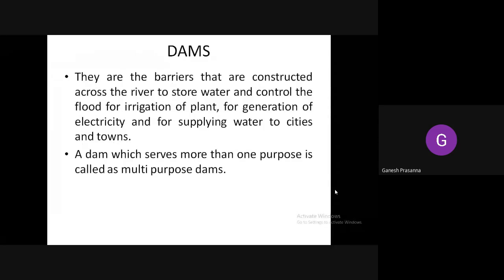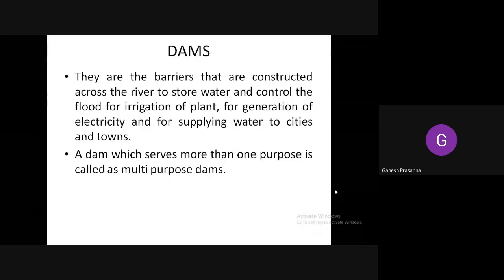Okay, once you start storing the water, you can control the flood. Thereby the excess water that runs off as a flood will be controlled, and that water can be used for irrigation of plants, and also for generation of electricity, and for supplying water to cities and towns. So these are the main reasons why dams are built.